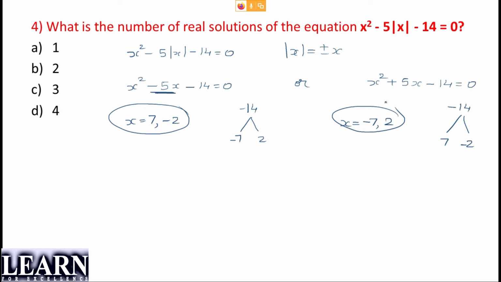I have already told number of real solutions can be 4 or it cannot be 4 also, because what if the values are equal? It might be 4 or it might not be 4. We should not give the answer directly as 4. Guess what is the answer now? We have already solved both the equations. Ms. Lakshmi Saiti, is it 4? Okay, what about others?